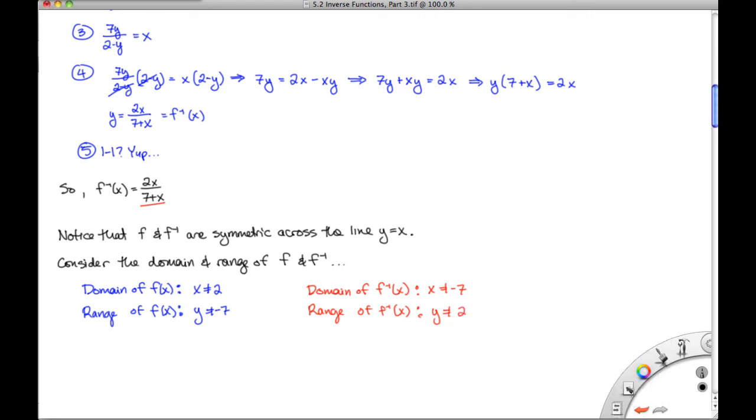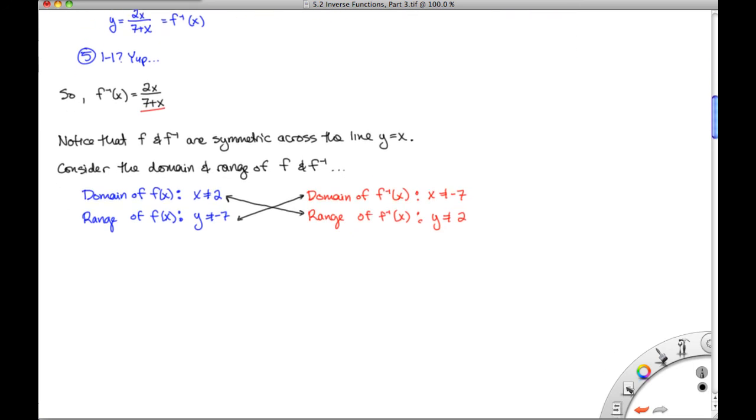And the connection that we make here is that the domain of f is going to be equal to the range of f inverse, and the range of f is going to be equal to the domain of f inverse. And this turns out to be true of all inverse functions. So aside from this symmetry, we can conclude that this is a nice rule to keep in mind. This is a rule for inverse functions, that if f and f inverse are in fact inverse functions,